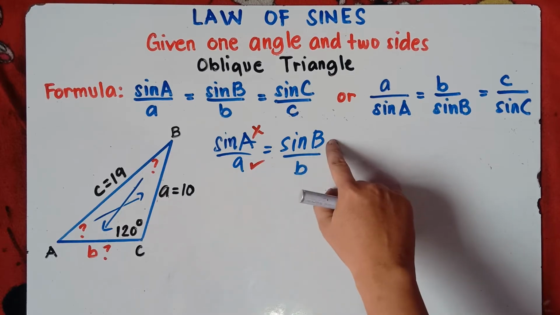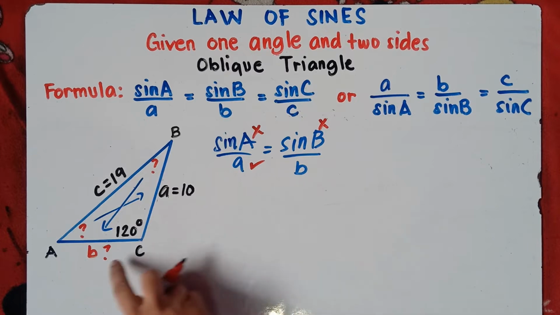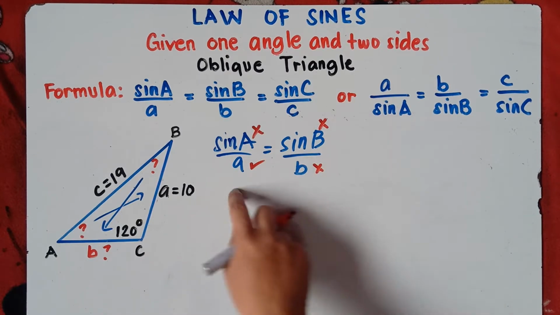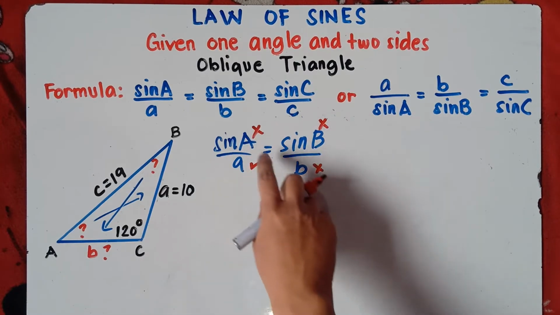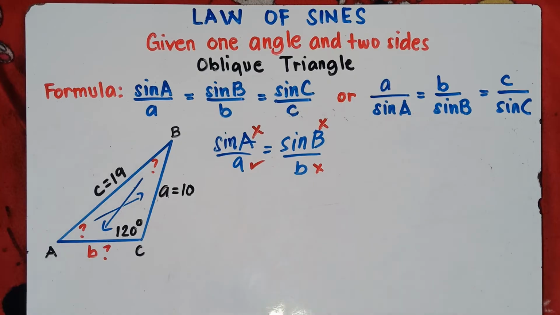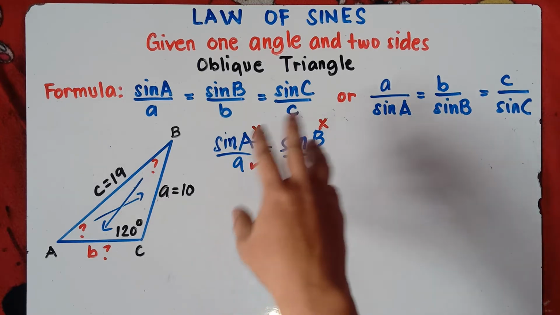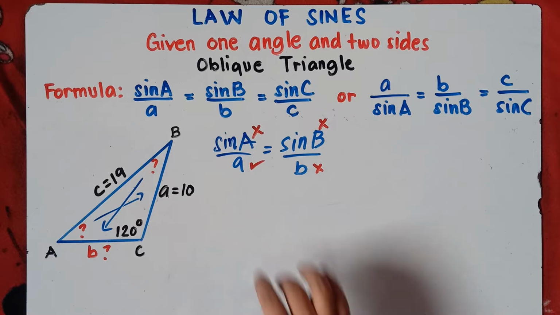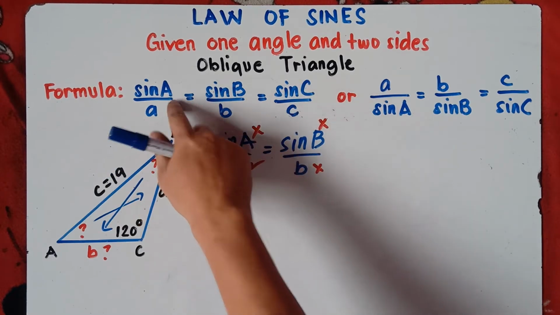Do we have angle B? Nope. Do we have small b? Nope, we don't have side b. Therefore, we have three unknowns. We cannot use this one, class, to find angle A, because if you have two or more unknowns, you cannot use that equation. If you only have one unknown, then we can find that unknown. So in this scenario, we cannot find angle A. Let's check sine A over a equals sine C over c to find angle A.